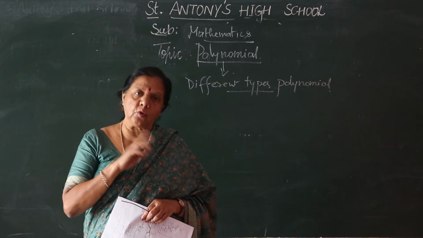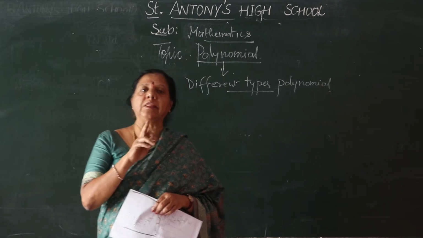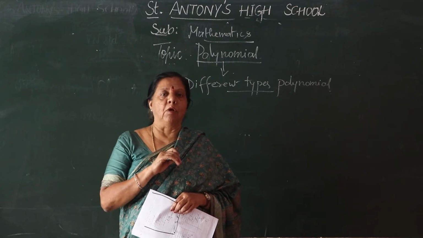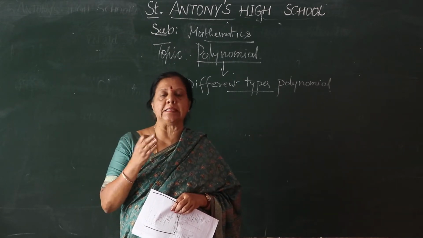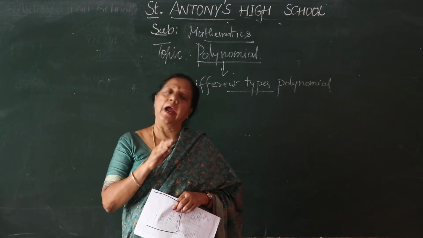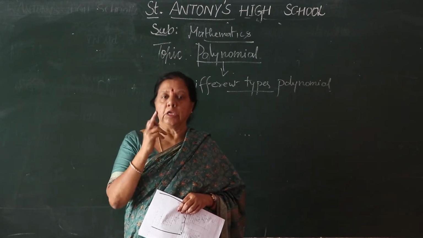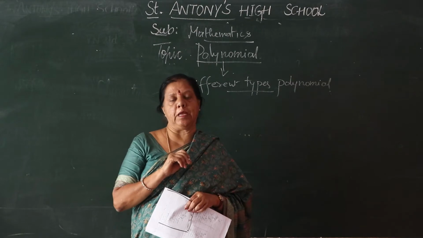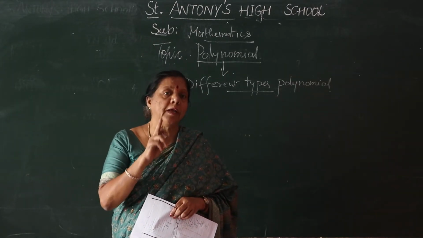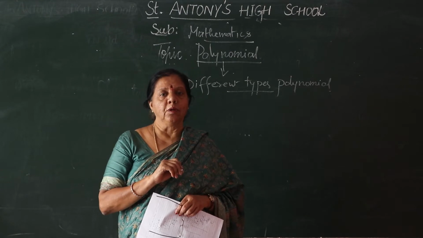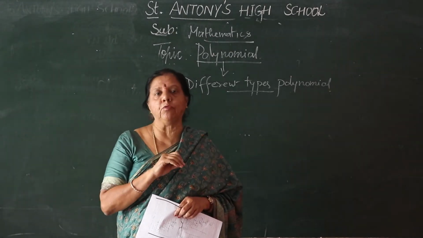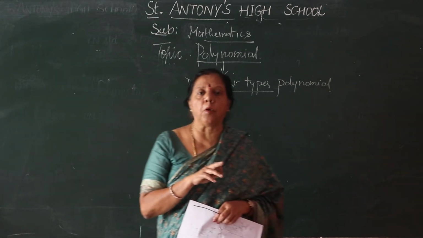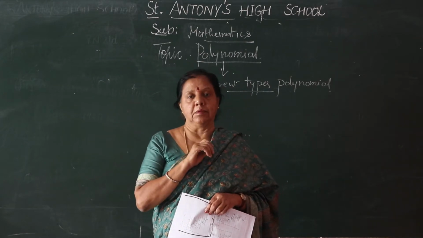Also, polynomial with a single variable. Many terms are there. Whatever it may be, x letter may be there, y is there, t is there, anything is there. I taught you already, no need for repetition. If you want to see, repeat the video, you will come to know. And also linear polynomial I told you, and quadratic polynomial also I told you. All these things I taught you. Now I will give you an example. Out of this knowledge, what I taught you, you can solve the problem, exercise 4.1.